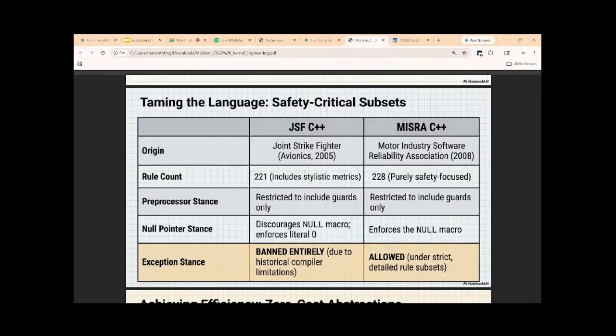Okay. When this standard was written for the fighter jets in 2005, the compilers were not great at handling exceptions predictably in a fighter jet. In 2005, C++ compilers, yeah, the software must respond in an exact predictable amount of time. That is